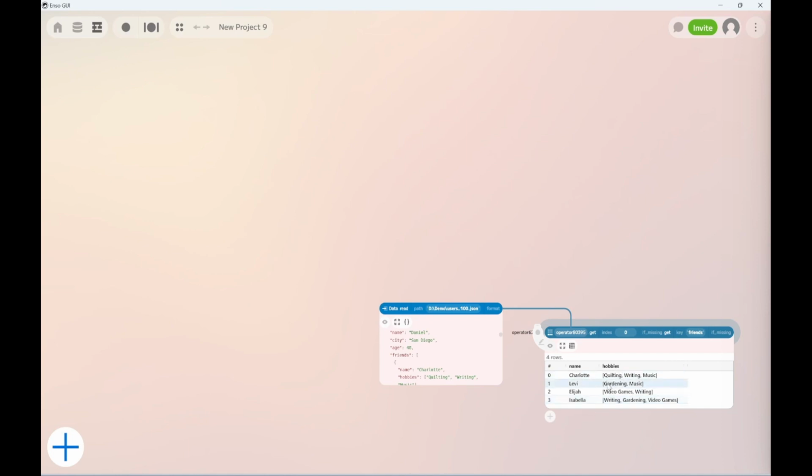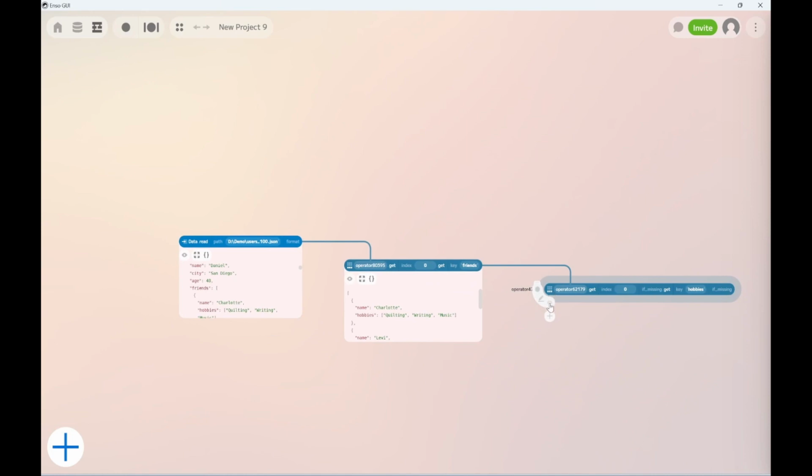Now, if I wanted to get a little bit more information, for example, I want to look at these hobbies specifically for Charlotte, I can again look at the JSON view and click on hobbies. And again, we've got a new node added that will isolate this data for us. This makes it a lot easier to work with, especially if you're not super comfortable querying information out of JSON formats, and it should be a lot more intuitive for you in this